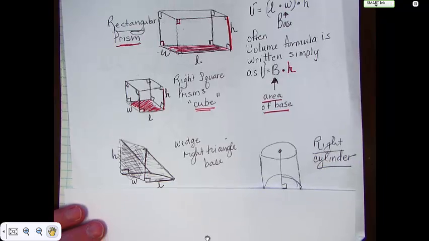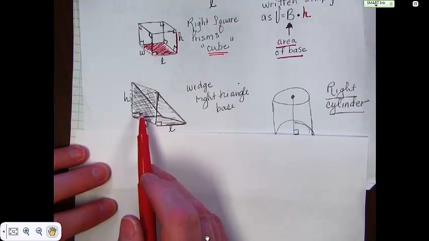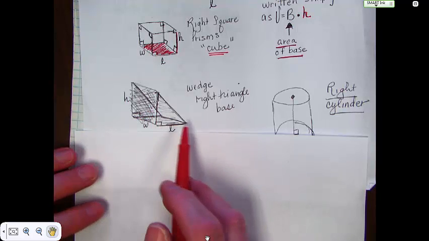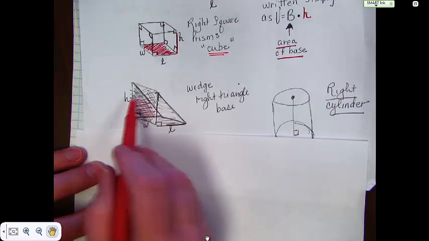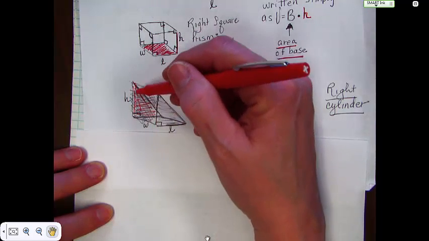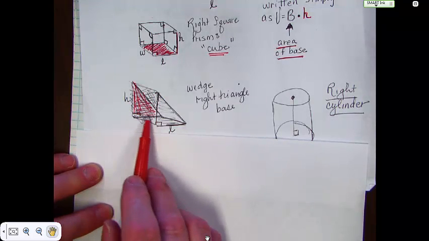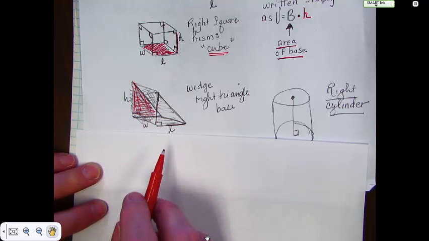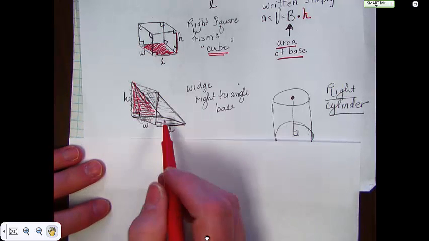This particular one on the left here, down at the bottom of my page, that's a right triangular prism. You can use either side, either triangle, as your base. Okay, you could use this as your base, and so you would have to use a formula for a triangle, which is base times height divided by 2, and then once you figured out the base,